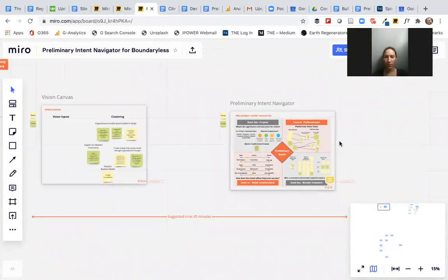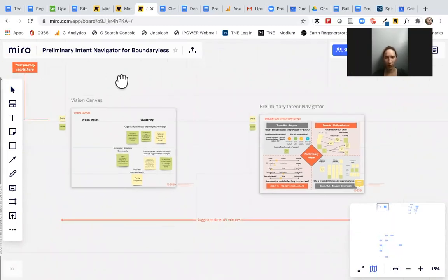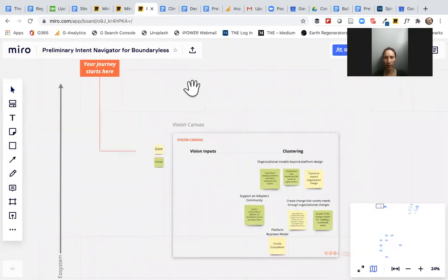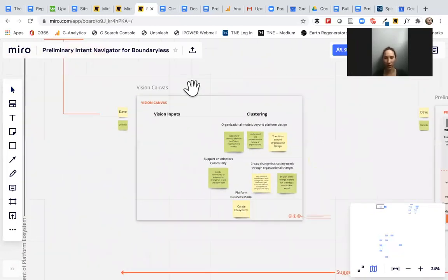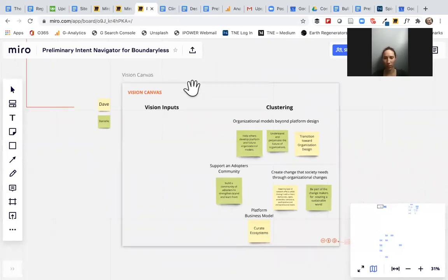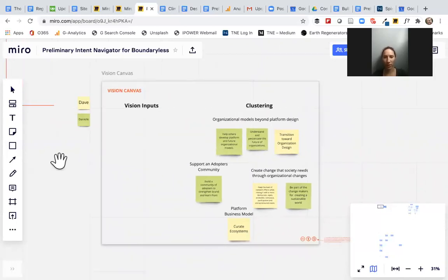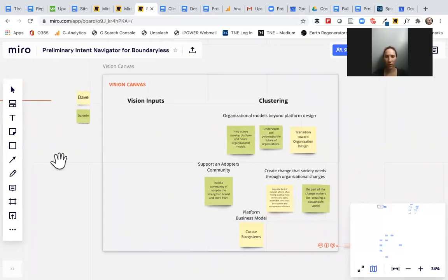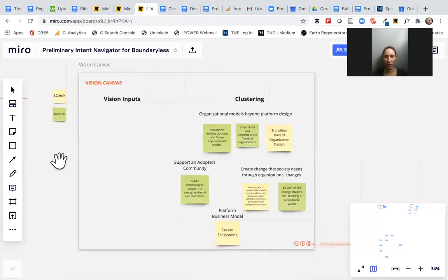In terms of the approach to going through this tool, we started with a pretty blank vision canvas on the left. Now I guess if you can zoom into that itself. When you're done with the vision canvas, you can copy and paste the sticky notes over and take them with you. But you basically just open the session with a conversation amongst the team going through it around what their vision is.